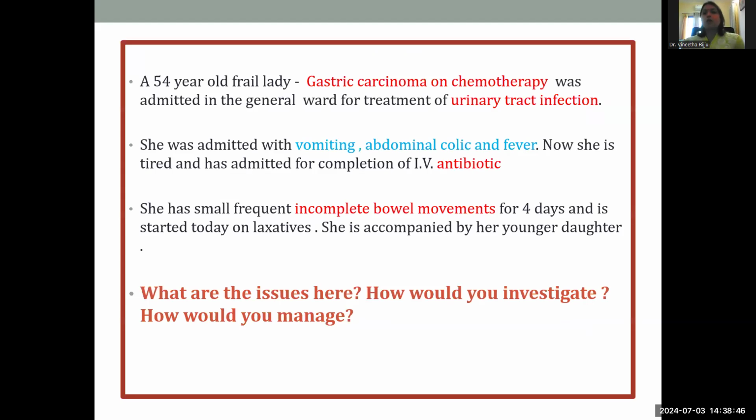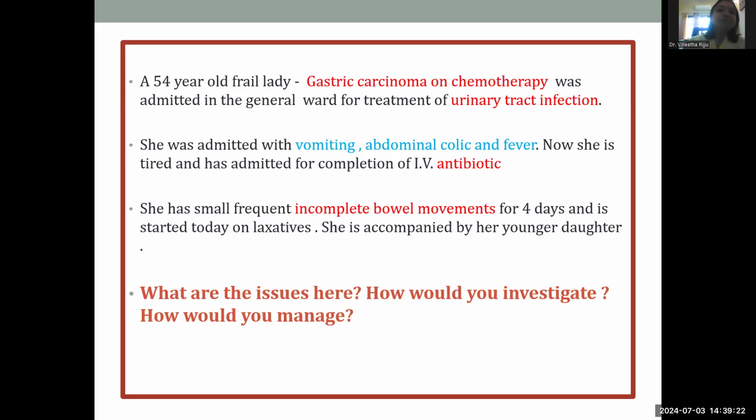As we start off, I would like to bring your attention to a case scenario over here. This is a case scenario that I would like each one of you to keep in your mind as we go through the class, because when you read this right now, I want you to have an idea of what could be the reason and what are your answers to the questions at the end, and whether there will be a change to those answers by the end of today's class.